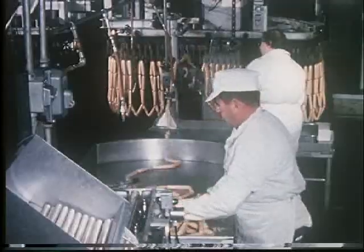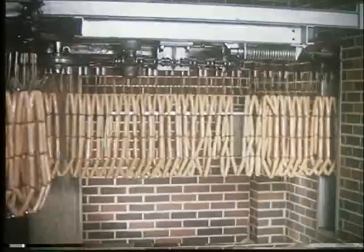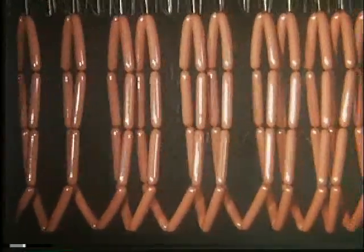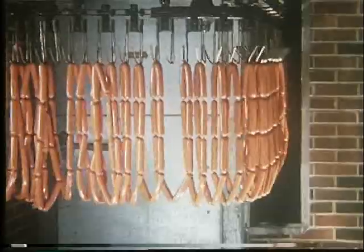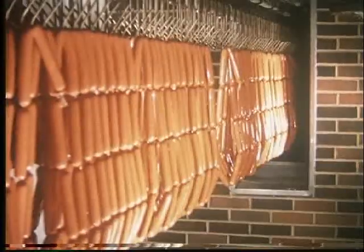These ingenious machines automatically stuff and link the 84-foot strands of wieners. Artificial casings give them shape and form. Transferred to a conveyorized chain, the wieners pass through a spray wash and pre-tempering room, travel through 2 smokehouse units, a steam cooking and water shower, and then undergo a blast chill where the temperature is reduced to lock in all